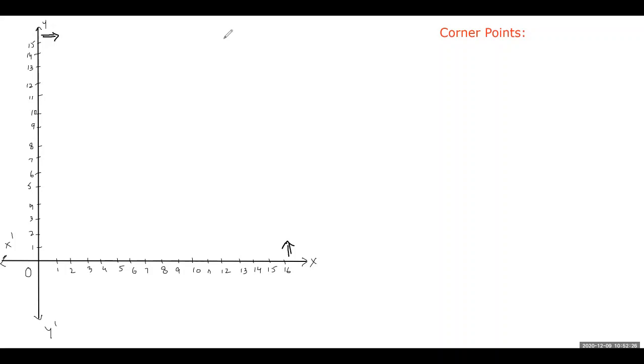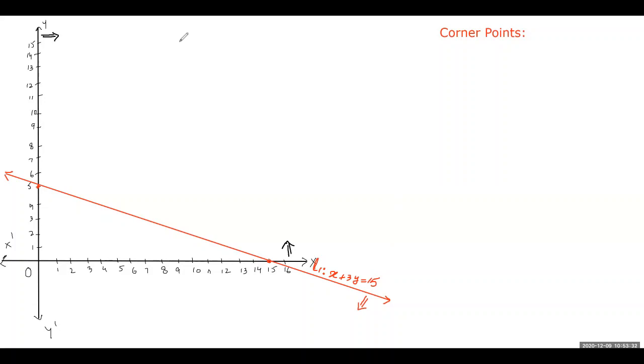Now let's go for our first line. I'm going to draw it with red color. Its points are 0, 5 and 15, 0. This is 0, 5. This is 15, 0. Let's join them with a straight line. Put arrowheads on the line and write the equation of the line with it. Here is our first line, L1, x plus 3y equals 15. And as the origin lies in the solution region, its shaded portion will be on this side of the line.